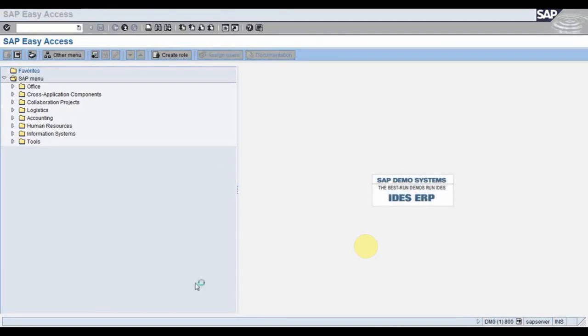First, we will go through transaction PFAC. There, we will be having agent assignments where the agent will be assigned in a static way.